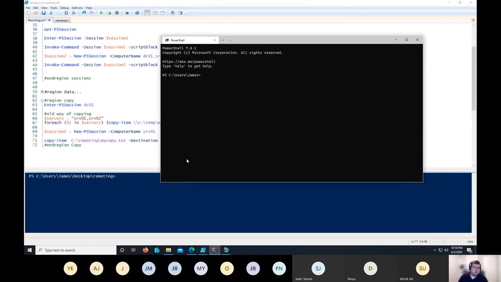If you were ever using core PowerShell 6, you had the option of Enter-PSSession, and you could use the UseSSL flag. This would tell it to use SSL over port 22 as opposed to WinRM. But now with PowerShell 7, you don't have to use the UseSSL flag anymore. I can just do